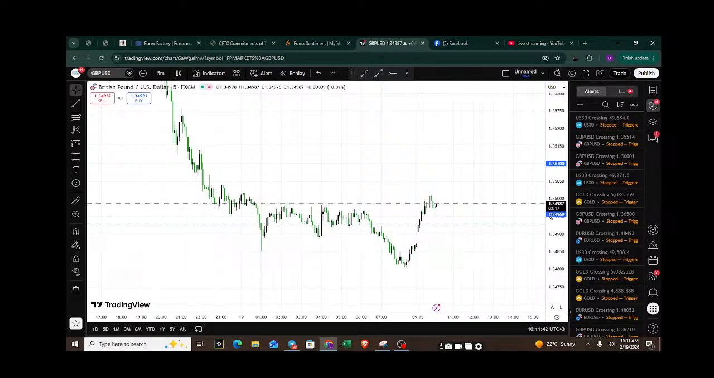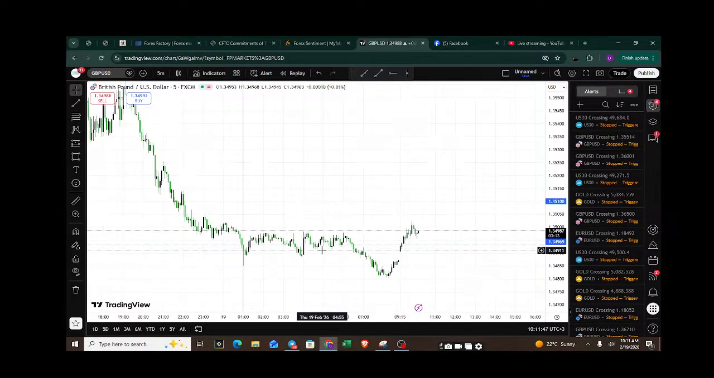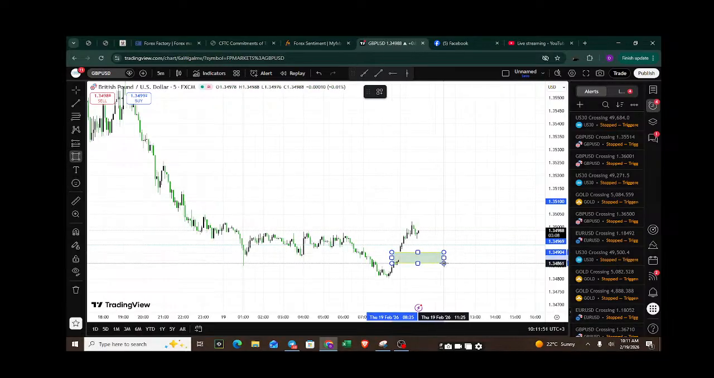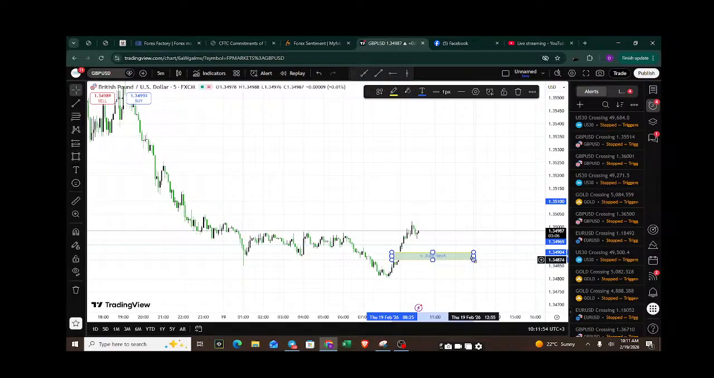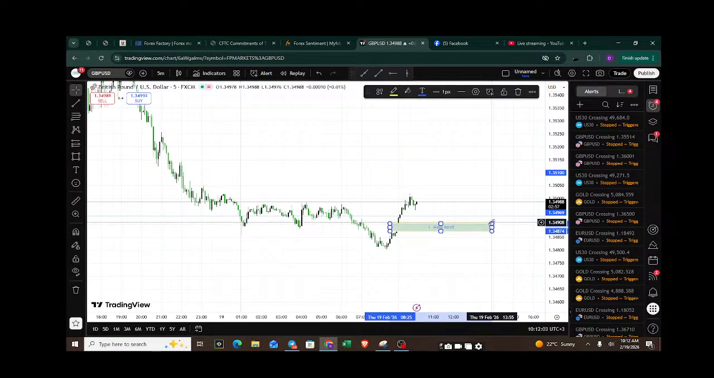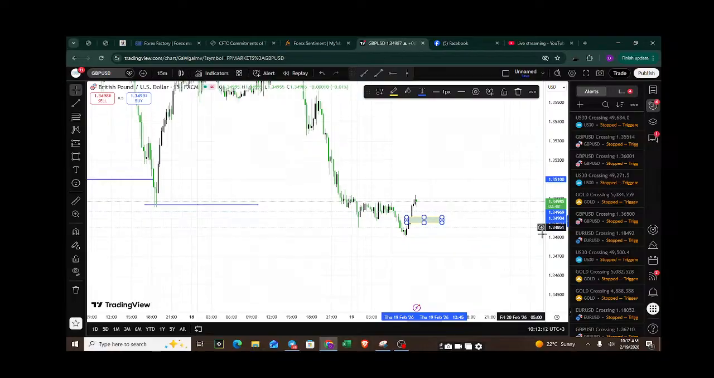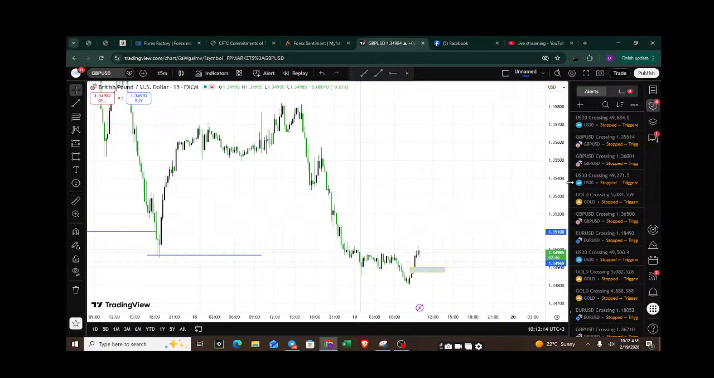I'm looking to take a trade, a buy trade, by the way, a buy trade. Price has opened with a small gap here, and that small gap is in the 5 minutes time frame, and it's also in the 1 minute time frame. So I'm expecting that gap to be filled. After that gap is filled,